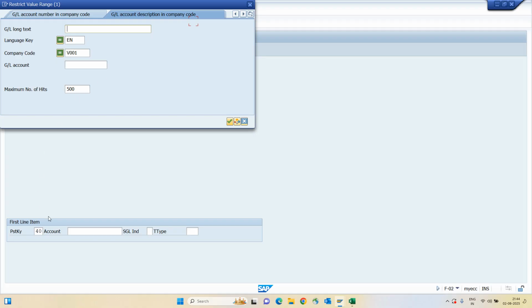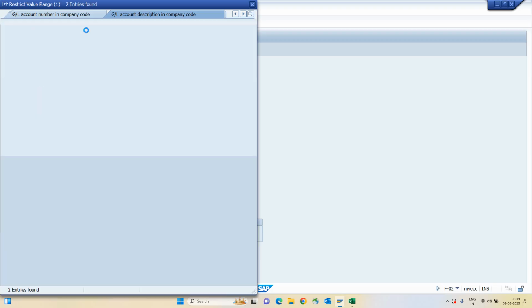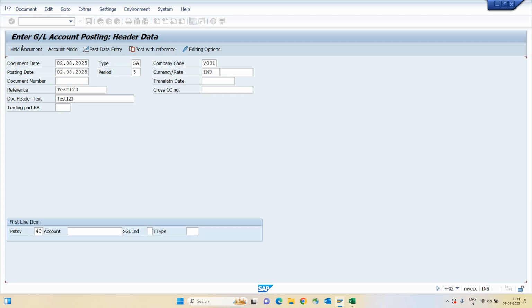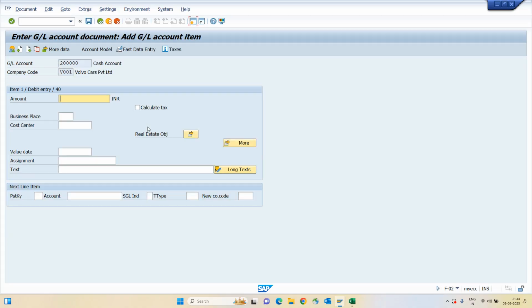So here posting key 40 means we have to enter the cash account, which will be debited. Click on enter, then enter the amount here. Let's say you are investing 1 lakh rupees, and enter the description here. I'm just entering here capital invested by cash,